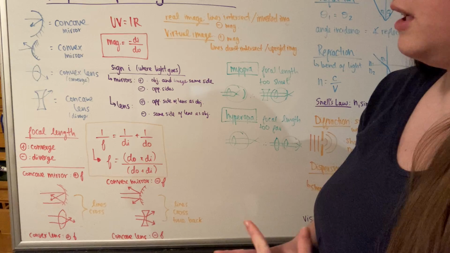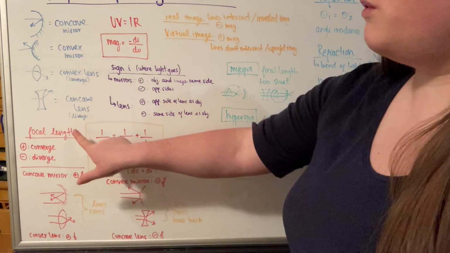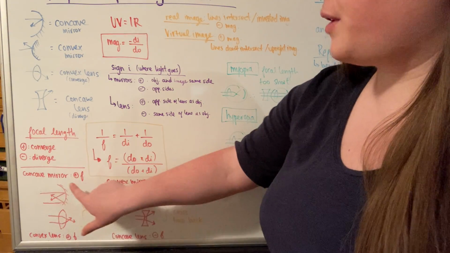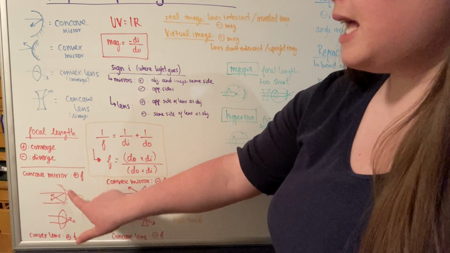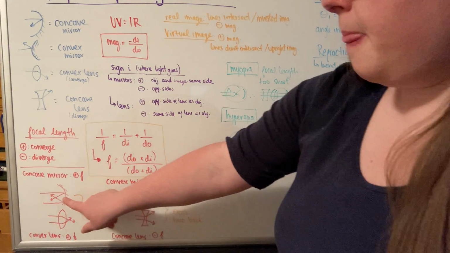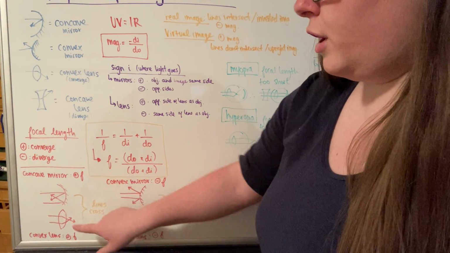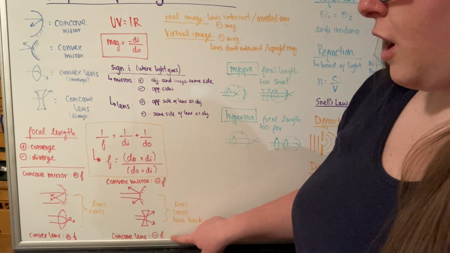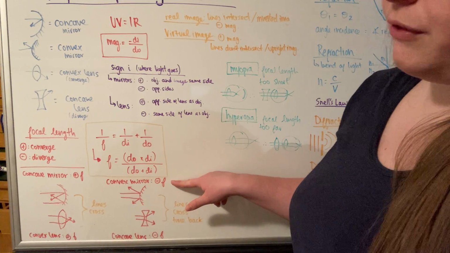Another important thing to look at when we're looking at these examples is the focal length. Concave mirrors and convex lenses have a positive focal length because they converge. And you can see that, right? Those converge. And then we have the convex mirror and the concave lens that have a negative focal point